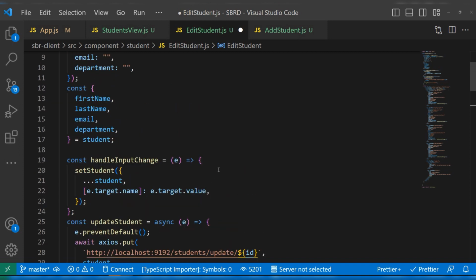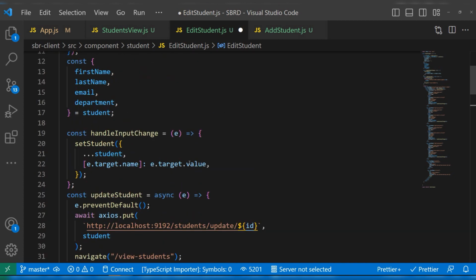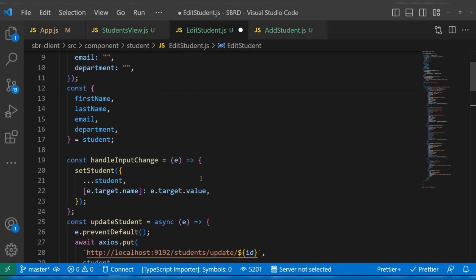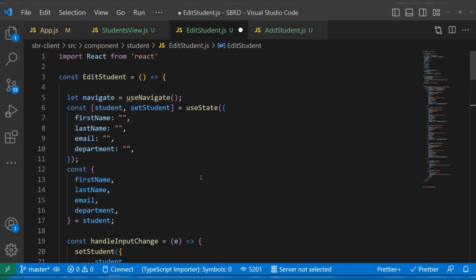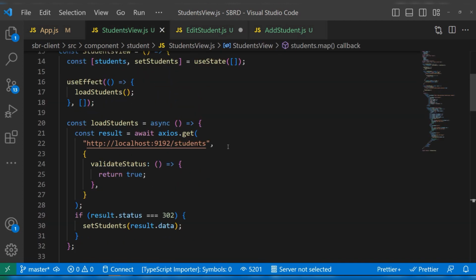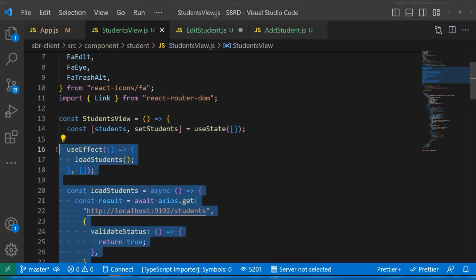Now the next thing we're going to do here is this is the param, and I think every other thing is done. So for update student, the first thing we're going to do is to actually get that student from the database by the student ID, right? Then after that, we change what we want to change, then save the student back to the database, right? So for that, we're going to go back to this view here. We have a similar method here. So this is the method that is actually loading students from the database. So we're going to grab these two functions, both the useEffect and this function,